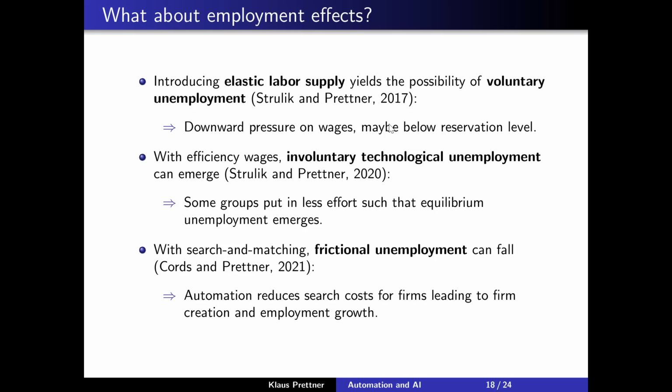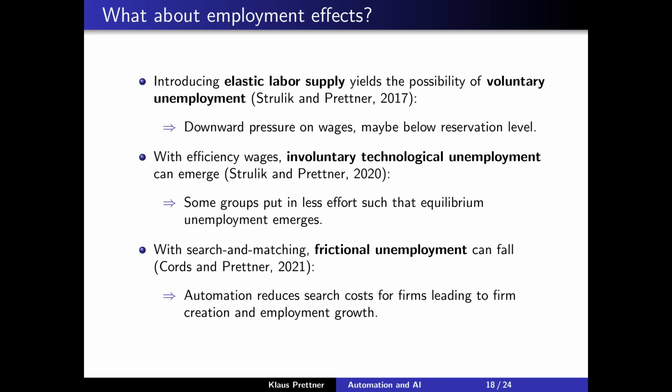Now what we show, in the same paper but in the published version, is that automation can also be responsible for technological involuntary unemployment if you have aspects of efficiency wages baked into the whole production structure. In this case, the wages would be higher than the equilibrium wages to induce more effort among the workers. This could be, for example, because you want to pay them such that they are not shirking and so on, or you pay them higher because you are concerned about